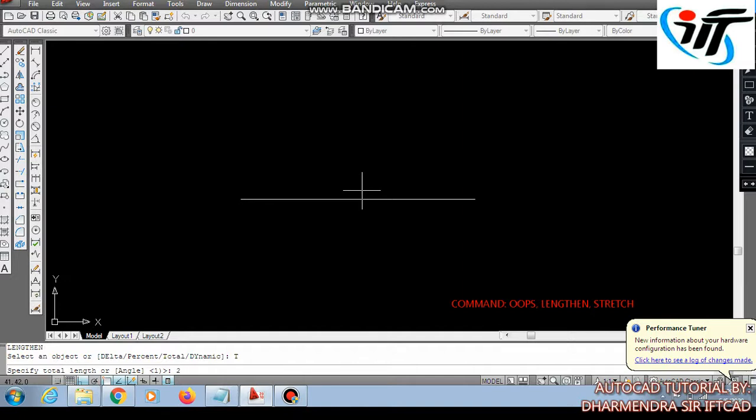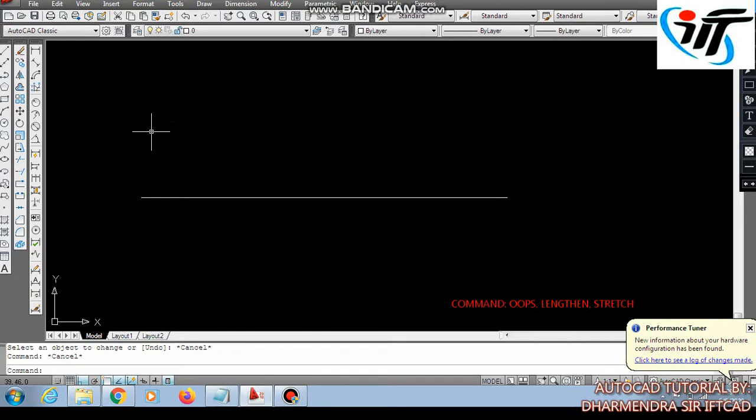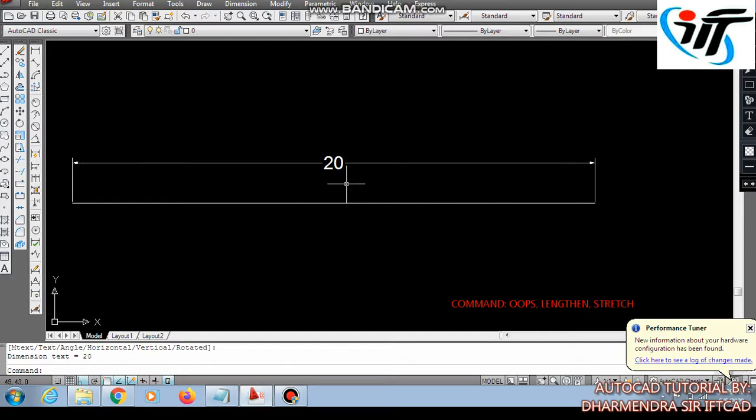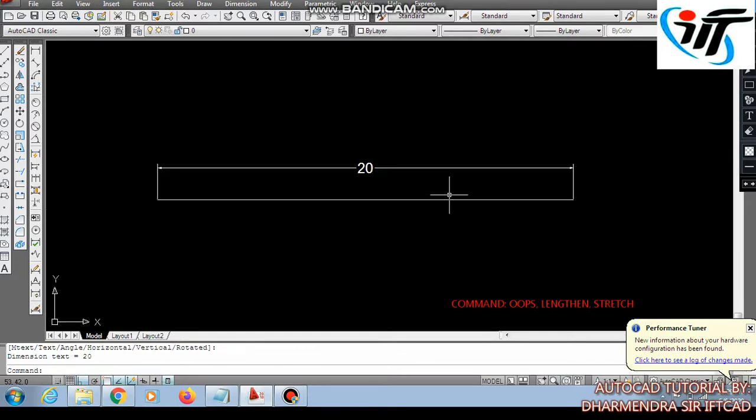So I am giving total length 20 mm here, and when I will click on the line, it will become 20 mm of length. Let me measure it out, DLI. Okay, so you get it, it's 20 millimeter in size.